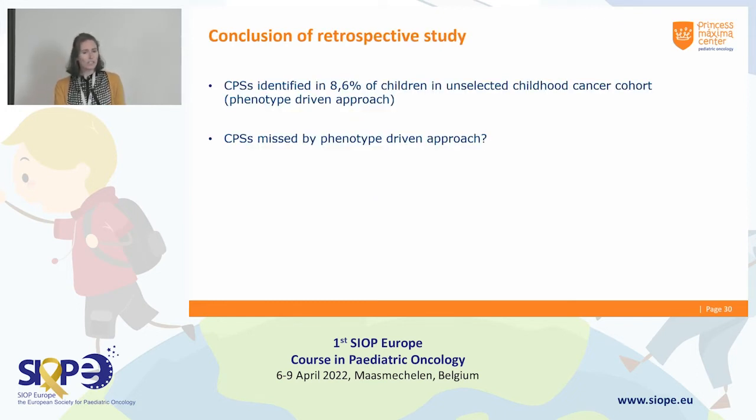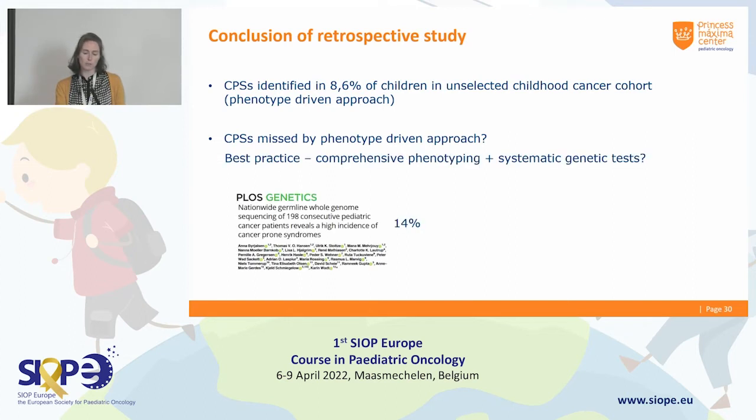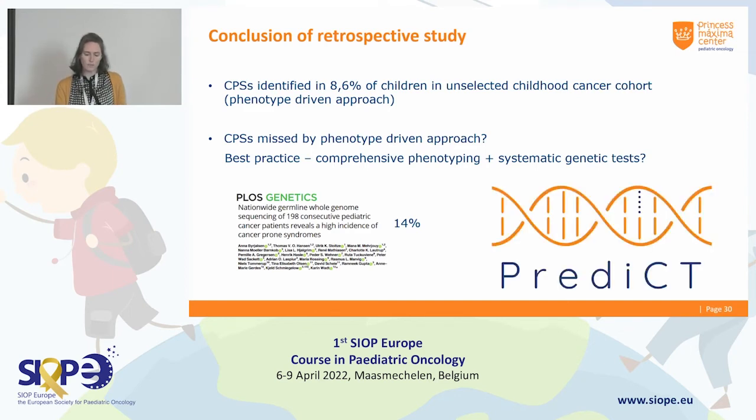So the conclusion of this study, by just phenotyping and then referring and doing the genetic test, we found almost 9% diagnosis, but it is possible that we missed mutations. And a study where phenotyping and genotyping was combined is already available in the literature from the Danish group. And indeed, they found a higher percentage, 14%. So likely such combined efforts will help to find more patients. And in the Netherlands, we're currently testing that in the PREDICT study,